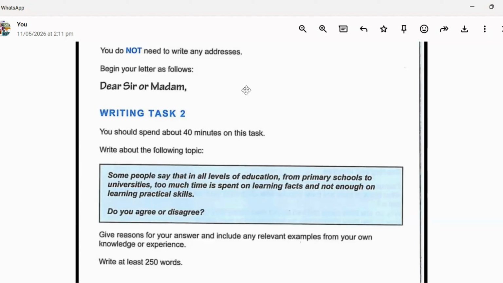Then the fourth body paragraph can be your conclusion if you're intending to write about 4 body paragraphs, excluding the introduction. It means the fourth paragraph should be your concluding paragraph. Now, if you're writing about 5 paragraphs,